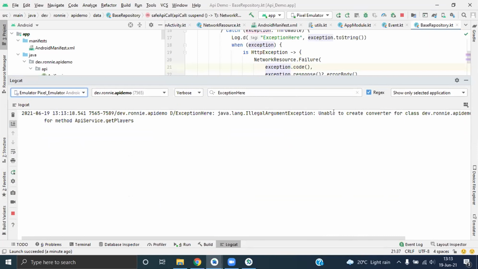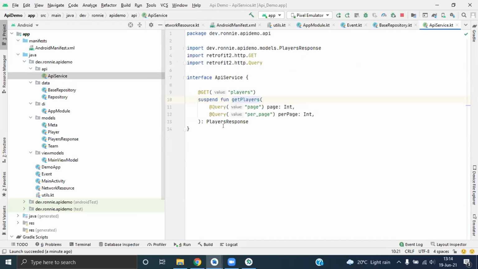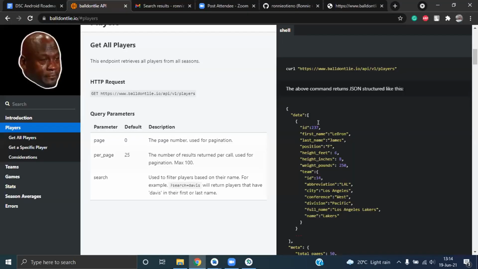No, it's not that. You see, unable to get converter for class. Yes, I think there's an issue somewhere with Retrofit. Maybe check your data class. And how is the JSON?